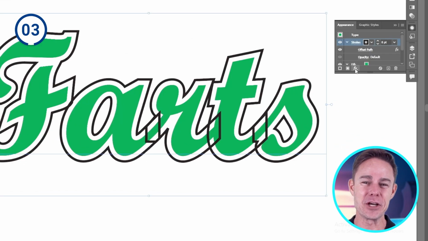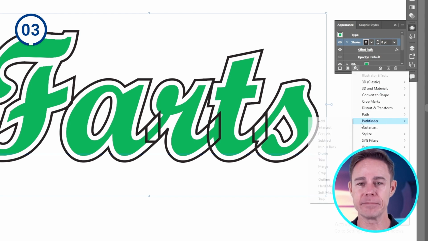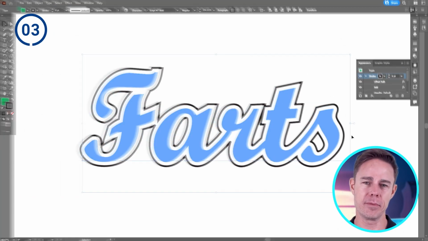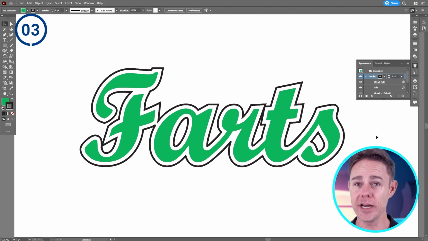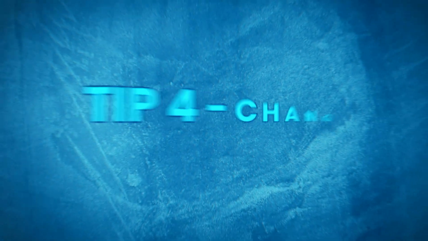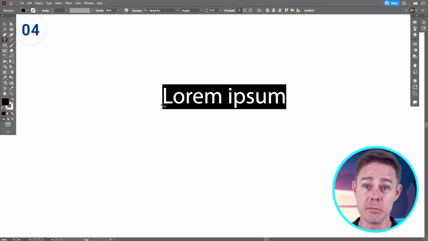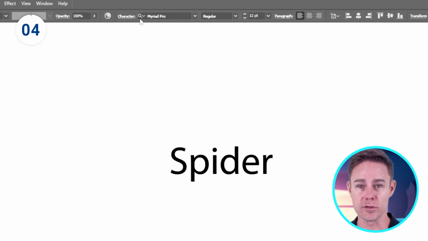All we need to do is go to our Add Effects menu again and select Add from the Pathfinder option. Hey, and sure enough, it looks great. We can even maintain the style as we edit the word. Pretty neat, huh? Now, are you tired of seeing Myriad Pro as the default font when you open a text